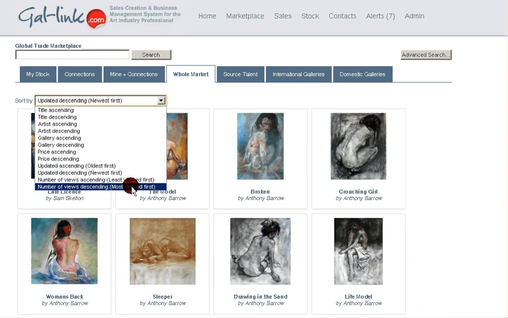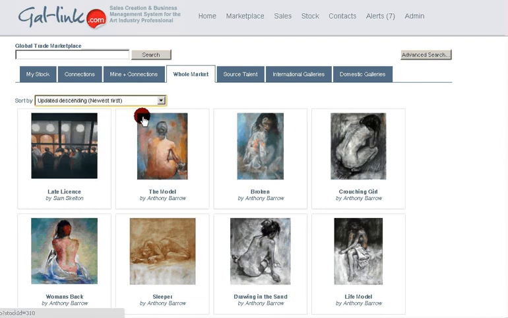And finally, we can sort the stock by the most viewed or least viewed. So in that respect, we can see the most interesting stock first. That would be the stock items which are being clicked on the most by most people. Other areas that we can see in the marketplace area are these tabs here. These tabs allow us to filter the information in front of us to show us specific items that are filtered